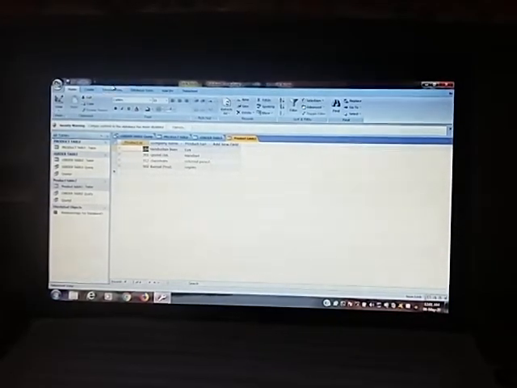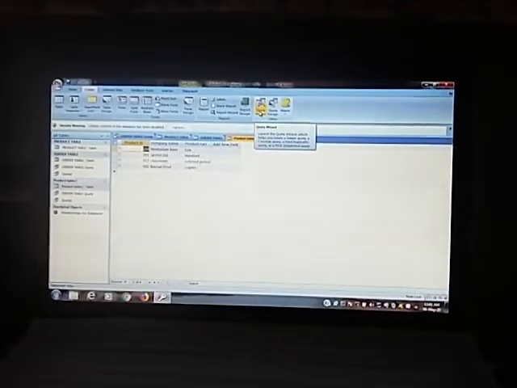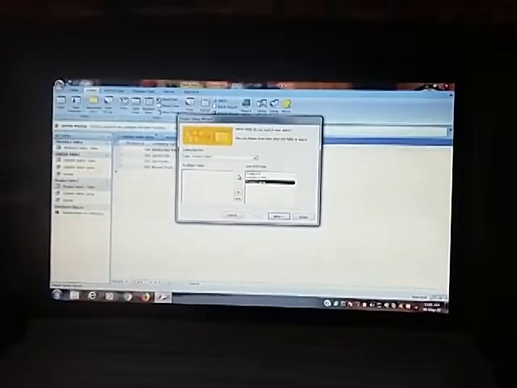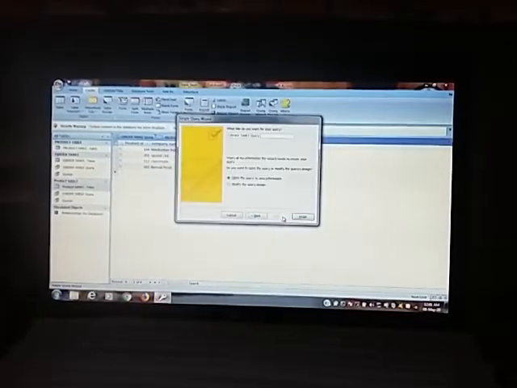First, go to the Create tab and click on Query Wizard. Choose the Simple Query Wizard. In the table query, first choose product table 2 and shift all the available fields into the selected fields one by one. After that, choose the order table and again shift all the available fields into selected fields one by one. Then click on the Next button.